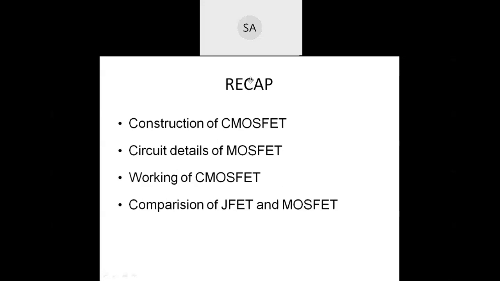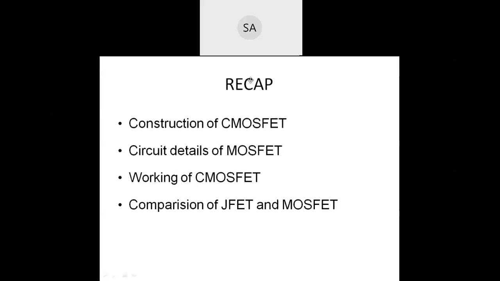In case 1, when the VGS, that is the input applied to the gate terminals, is equal to 0, then the PMOS transistor will be on and the NMOS transistor will be off. So you will get the output as 1. That is, VDD is applied through the PMOS transistor. The PMOS transistor being on means it is a closed path, so you will get the output as 1.